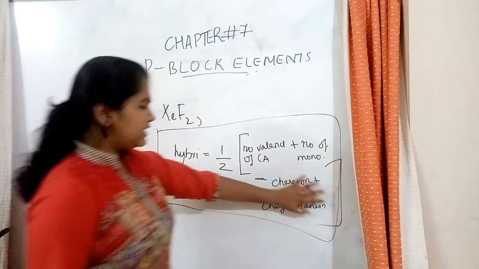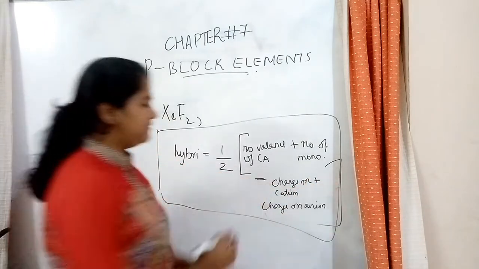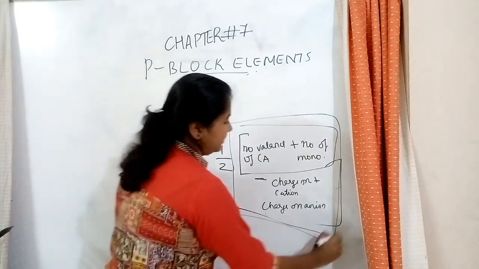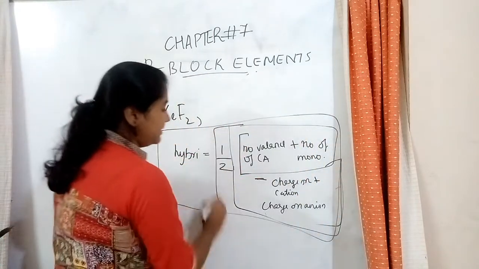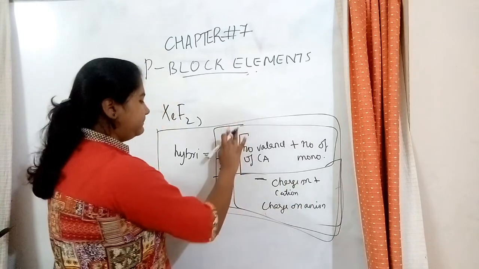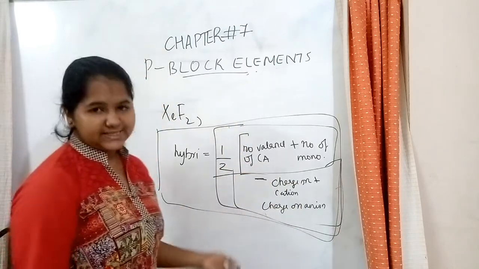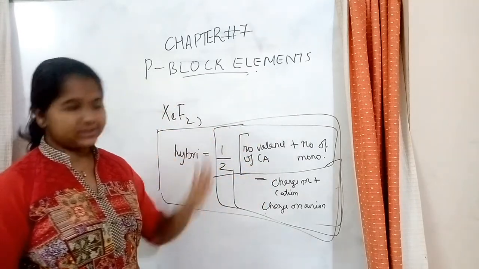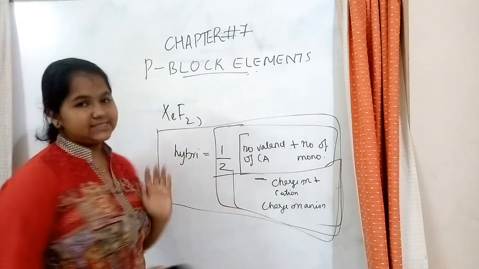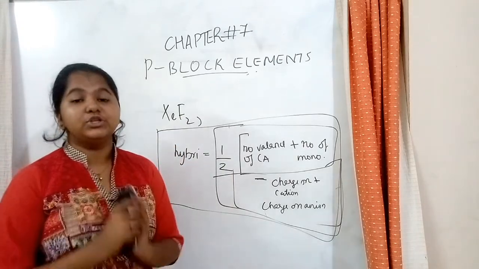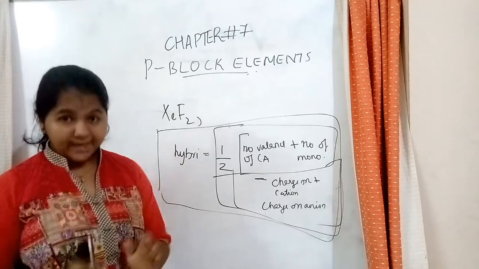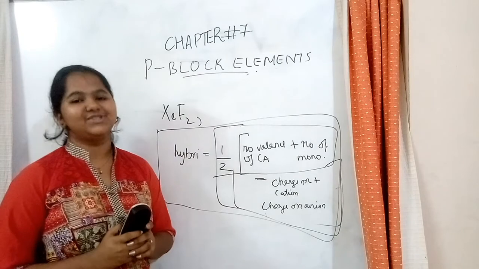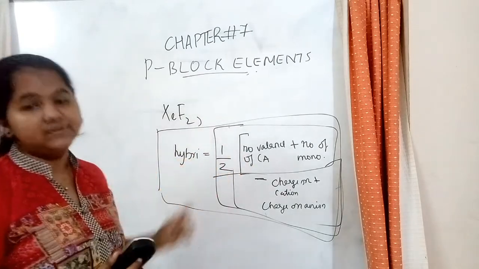So usually we don't have these charges. If we don't have these charges, this much is just the equation. If there are these charges too, this would be the complete equation. Okay? So now let's see. Let's draw the structure for XeF2. This equation is very important. That is why I just mentioned this equation. I think it's clear. Hybridization is equal to half into the number of valence electrons of the central atom plus the number of monovalent atoms minus the charge on the cation plus the charge on the anion, which would give you the hybridized state of the central atom.